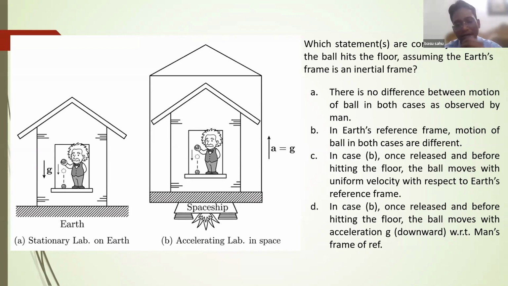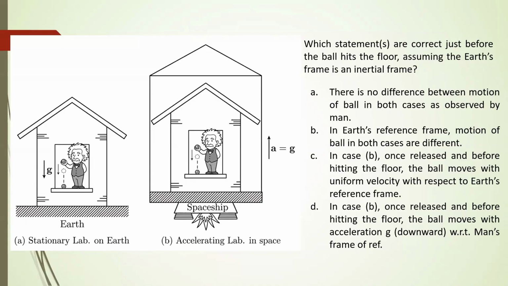Ma'am, can you explain option D once again? Why is it going down? That is what I thought, that it goes downward with g. I don't know how right I am. You are absolutely right. But I want to understand why you have thought like that.